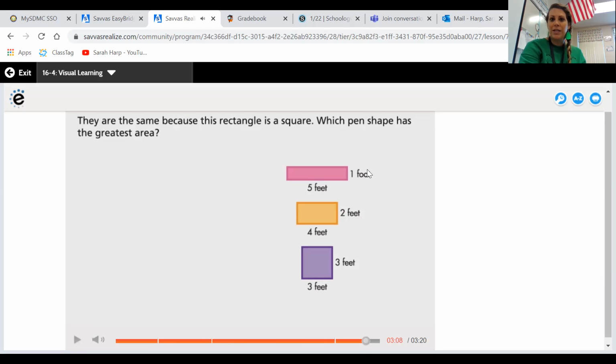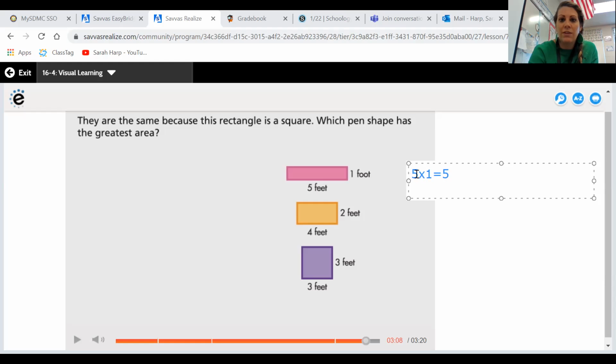All right, so if we go back in our time machine, let's think about what the area was for each. We've got 5 times 1, which equals what? 5. Then we've got 4 times 2, which equals what? Let me see if I can write it for you. Here we go. So we've got 5 times 1 for our area, right? And that equals 5. So then for our second one, we do our area of 4 times 2, which equals